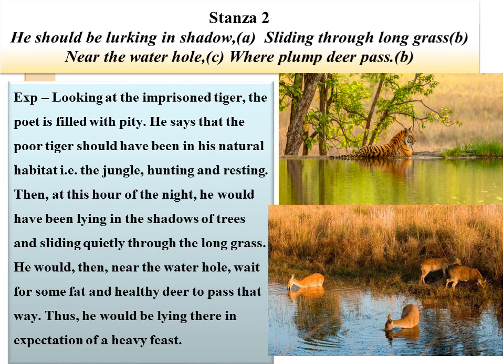But here inside the cage, the fat is not there. He cannot find any fat deer. He has to wait for the meal from the office guards. This is a contrast brought by the poet: look at the tiger in the open forest and look at the tiger which is confined inside the cage.